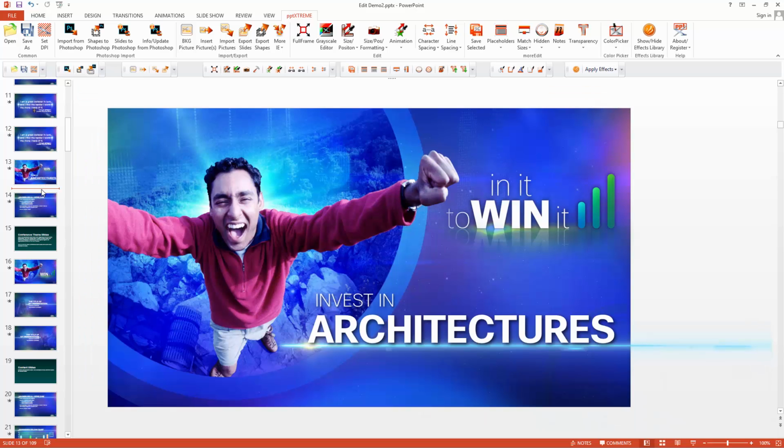These tools don't do anything that cannot be done with PowerPoint all by itself. They do, however, make it much more functional and much faster. Let's say I'm trying to design this slide, and I want to play with the character spacing of the text "Invest in." To do this without pptXTREME, I'm going to click on Home,